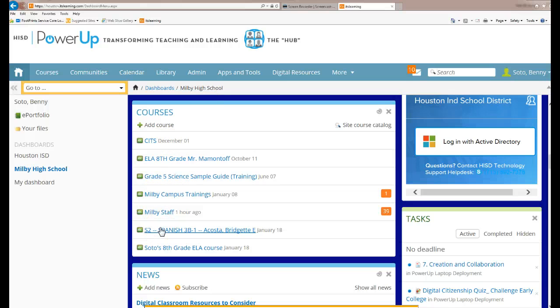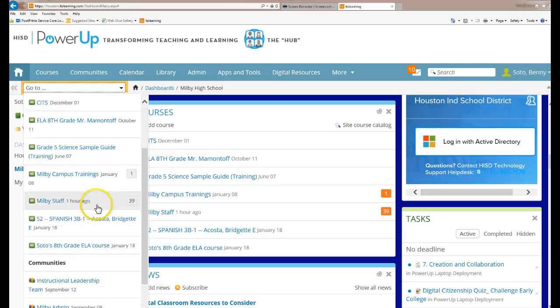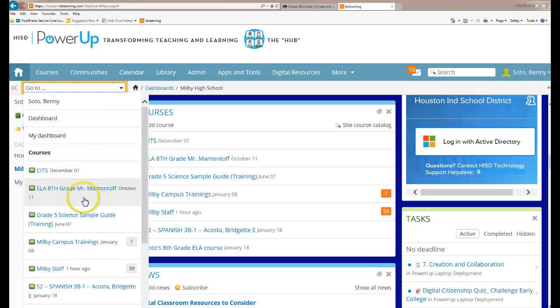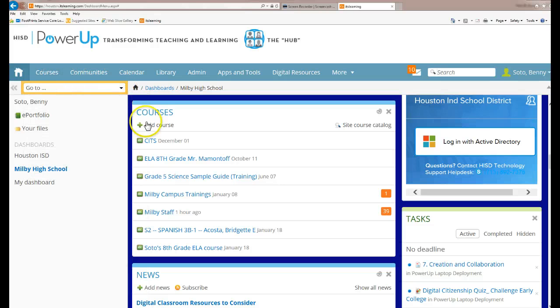Now the quickest way to access your courses is to click on this drop down menu. This drop down menu will show me the same classes that appear in this content block. Okay, so here are my courses right here. So that is actually the quickest way to access your courses. Okay, so now I'm just going to choose a course, either by clicking on courses, the drop down menu, or from my course content block. Let's say I'm